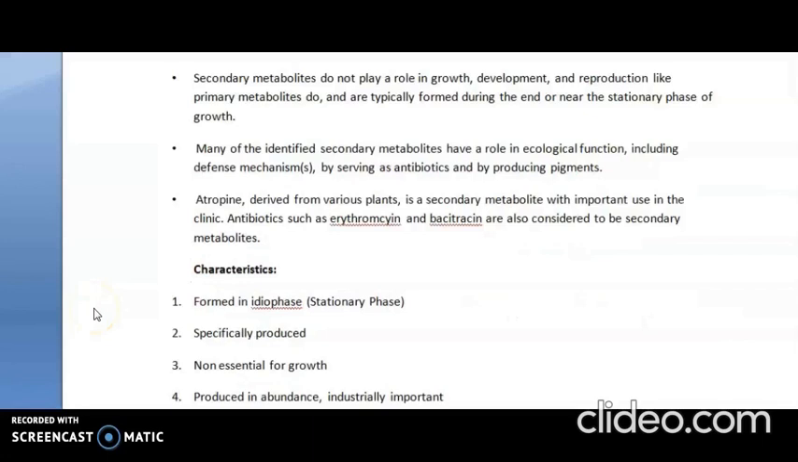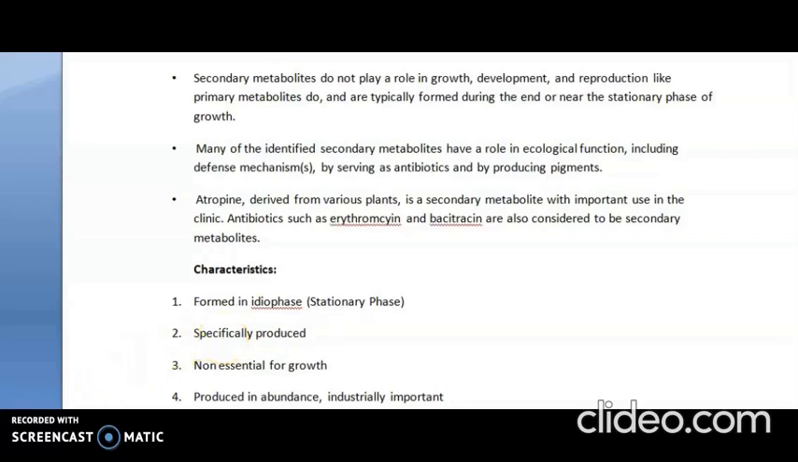The significance of the stationary phase is that the secondary metabolites are formed in this phase. The secondary metabolites do not play a role in growth, development, and reproduction like primary metabolites do. Many of the secondary metabolites have a role in ecological function, including defense mechanisms. For example, antibiotics and production of pigments. Examples of secondary metabolites include erythromycin, bacitracin, and a compound called atropine, which is derived from plants. They are formed in the idiophase of the stationary phase, and they are produced in abundance, and hence they are